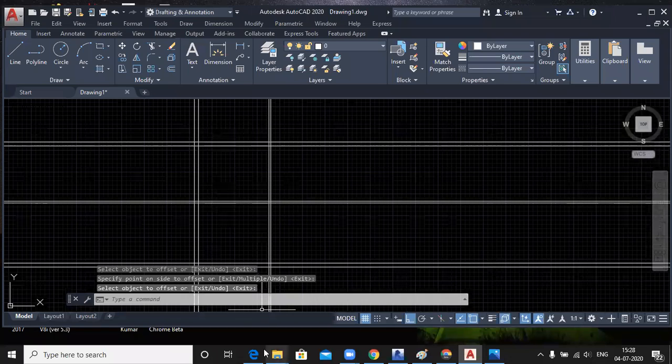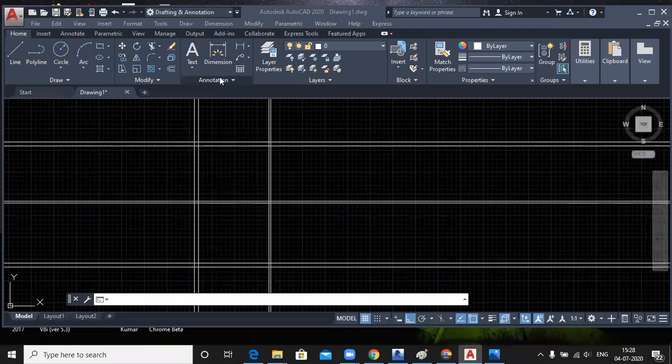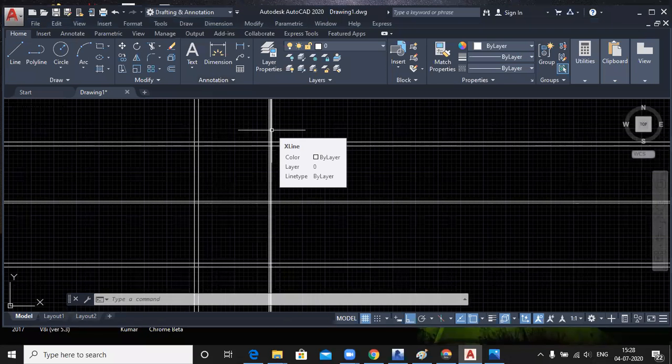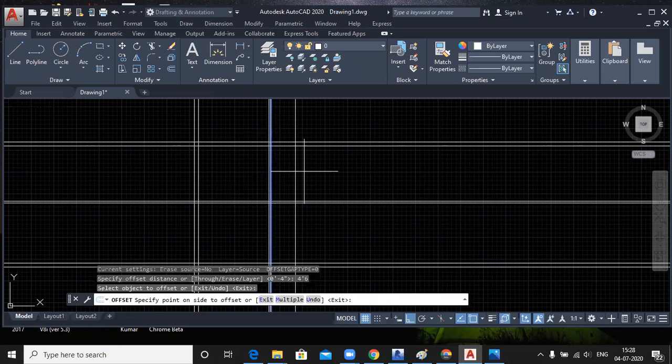Okay, sir. Now the next distance to draw this toilet wall, the horizontal distance, is 4 feet 6 inch. Offset 4 feet 6 inch from this line, right?